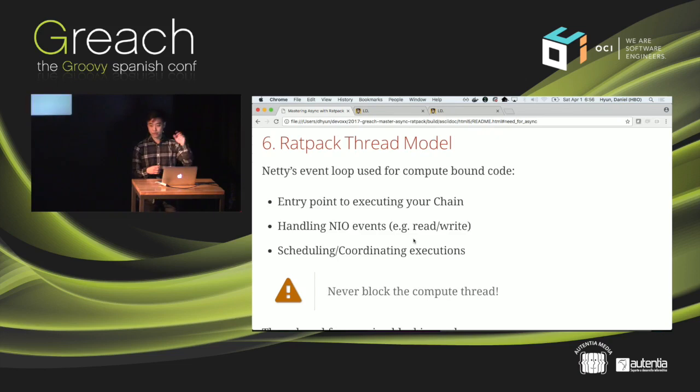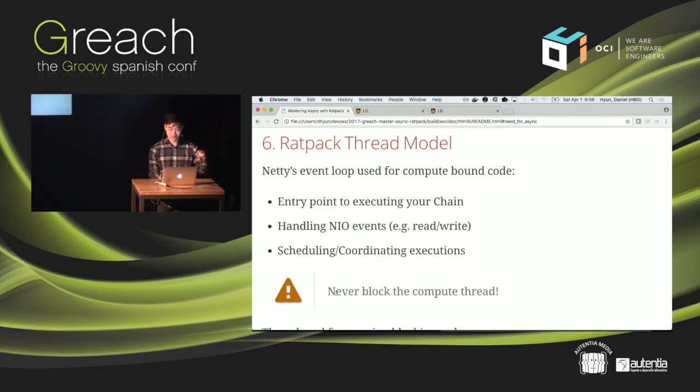So the actual IO component doesn't block the main thread, and it's actually executed using a non-blocking mechanism. So on Linux, that would be something like epoll, which Netty has direct support for. Something like on a BSD system, that would be maybe kqueue, but if you don't have any of these mechanisms available, Netty will always fall back and create a select, which is a very old school way of doing NIO stuff.